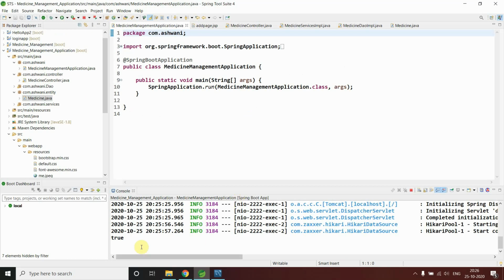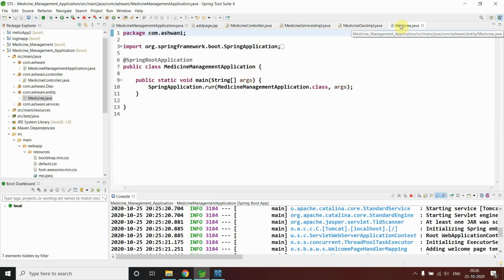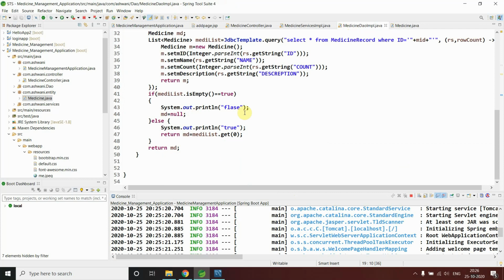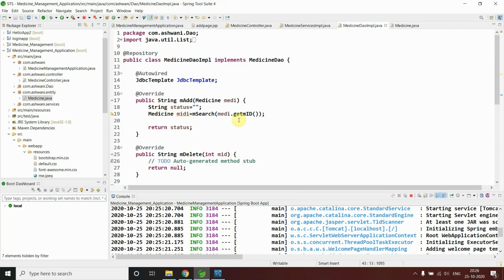Let's see the console area. Look, true. If you're able to see here at the downside, let me do it like this. Look, true. So it means my function is working properly. It is able to give me the result. This is working properly, the result is coming here. So we can remove this and come to our main function.